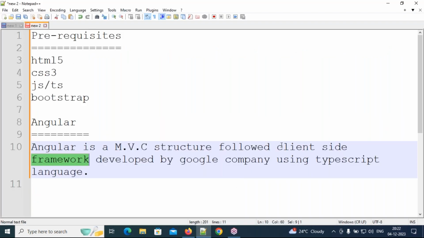But what is our technology? Client side. Client side technology means we are not able to connect with the database. The technologies which don't have the capacity to connect with the database can be called client side technology. This is also a client side framework only. So without connecting to the database, can you handle the data? Respond everybody. No. Without handling data, there is no info and there is no use.